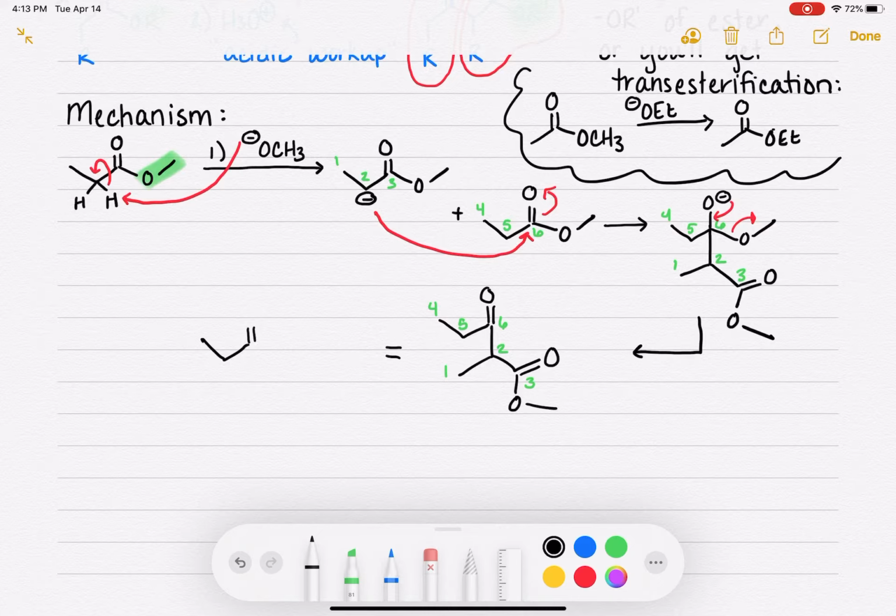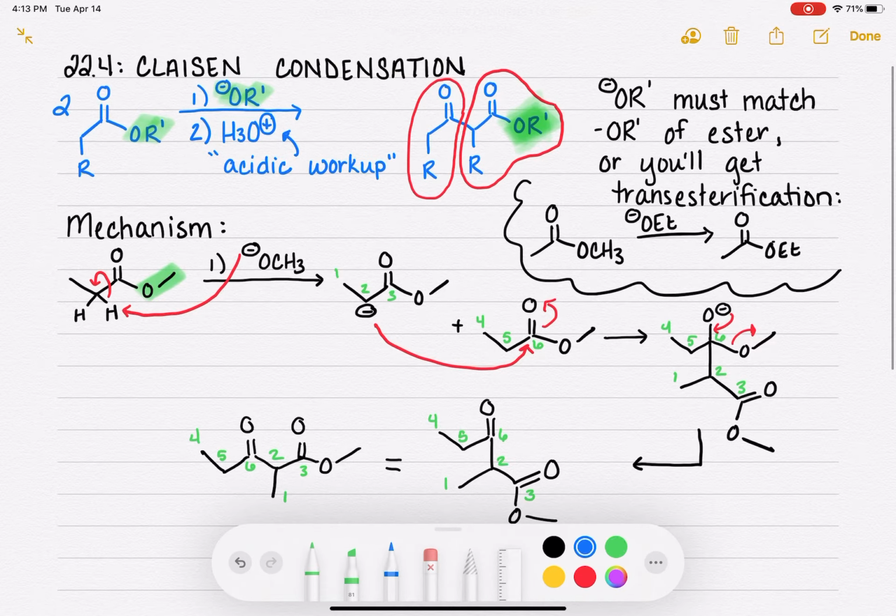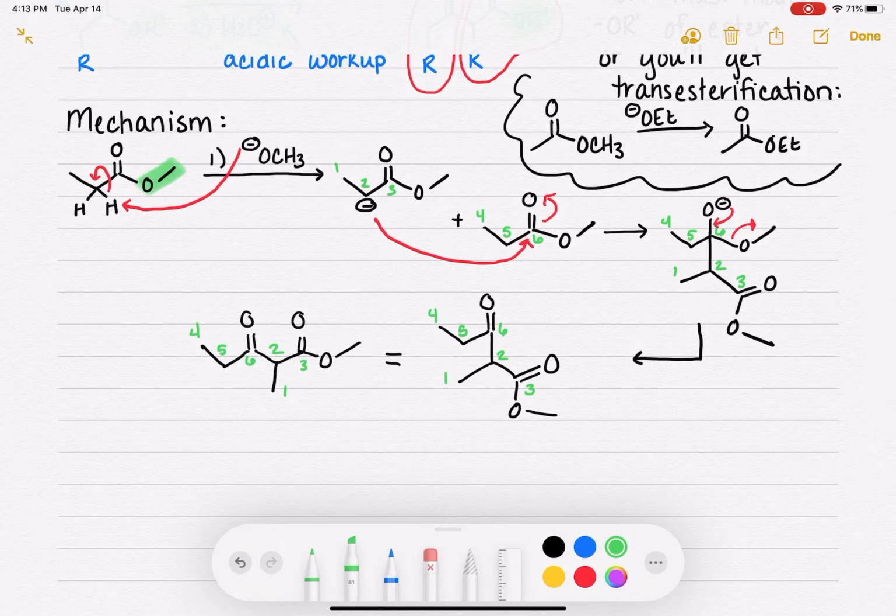4, 5, 6, 2, 1, 3, O methyl. 4, 5, 6, 2, 1, 3. So there it is. That looks pretty nice. Now you might be wondering, wait a minute, this reaction is supposed to have a step 2 H3O plus, but it kind of looks like it's done right now. So what's going on? Well, if we back up to this step right here,